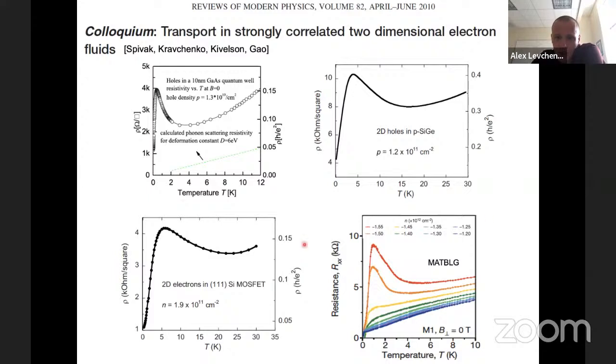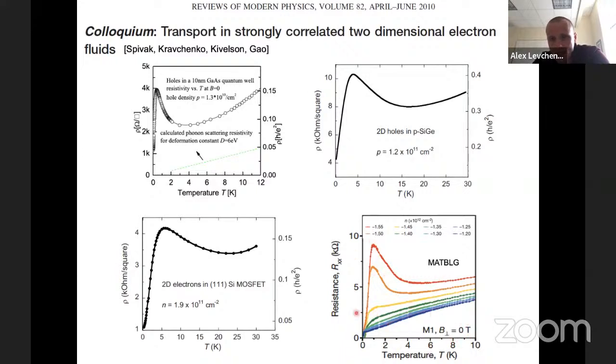And this plot here in the lower right side, I took from the first experiment from Pablo on magic angle twisted bilayer graphene. This transport measurement was done in a normal state just above the onset of this cascade of phase transitions of superconducting and insulating behavior. This is a normal state measurement. The panels represent the density of the 2D system. This is a zero field measurement as a function of temperature.